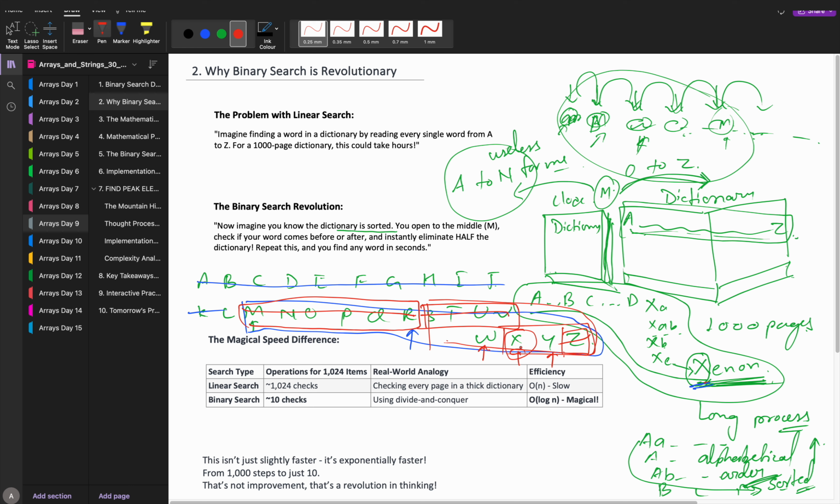So in total, to reach X in a search space of 26 characters, how many times did it take for me? First, the whole 26 characters, I took one comparison till the middle, M was there. So one step for M plus one more step for R. From N to Z, I reached R, the middle. From S to Z, I reached W, plus one more step for W. Then here I reached Y, plus one for Y. Then here I reached X.